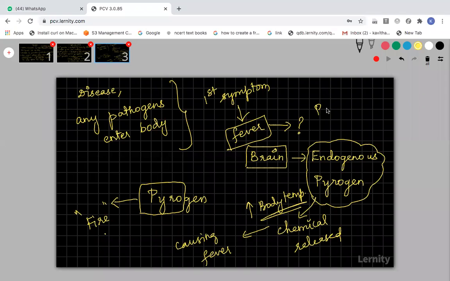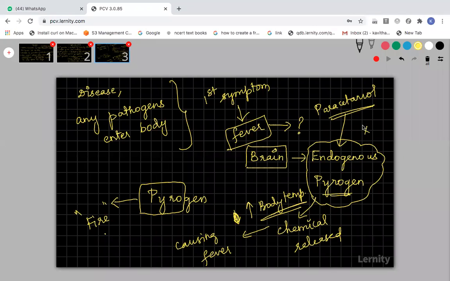When you are taking a paracetamol tablet, whenever you have fever, what will you do? You will take paracetamol. If you take paracetamol, you can notice that within 2 to 3 hours, your body temperature will come down. So what is this paracetamol doing? It will stop the release of this pyrogen so that your body temperature will slowly come down and your body will become chill. When this pyrogen is released, your body temperature will rise and you will get a fever. This fever will come down once you take paracetamol, because paracetamol is playing the role of reducing the release of this pyrogen substance.